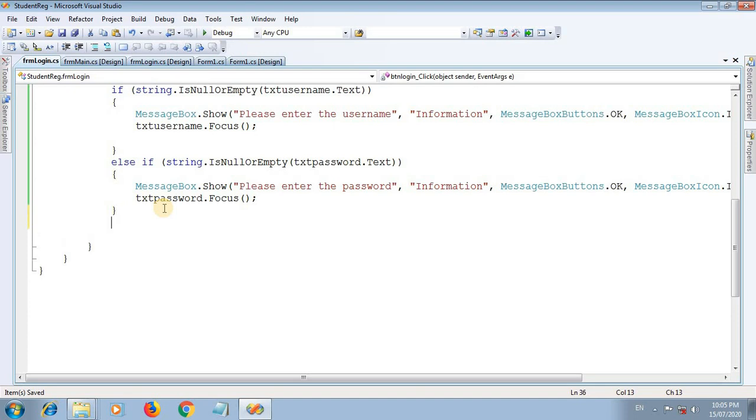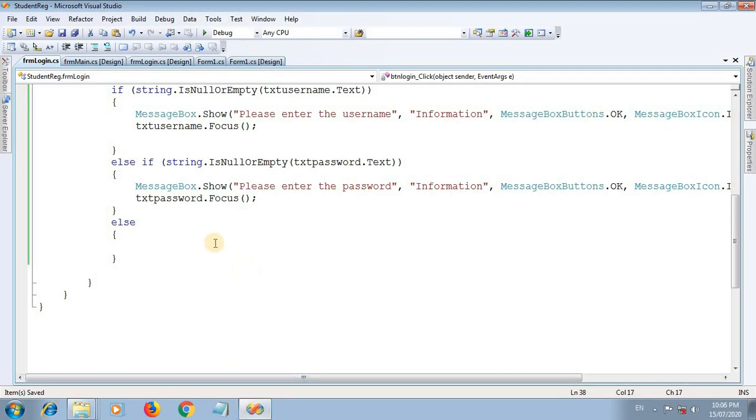Otherwise, if both text boxes contain some text, then you can provide other information. So the next step is to open the connection.